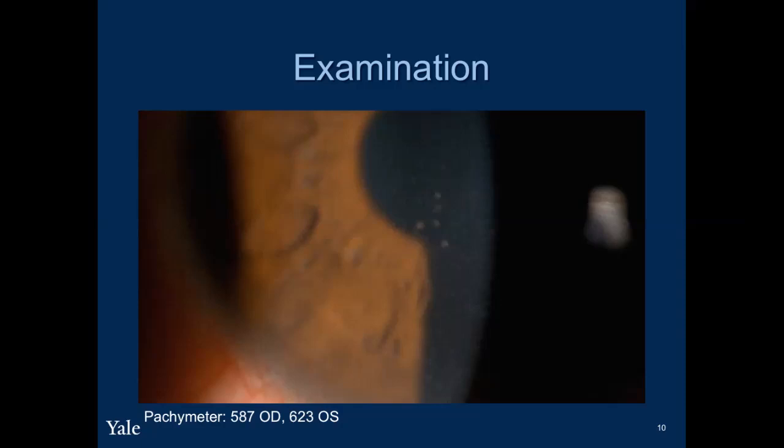This is a close-up slit lamp photo of his left eye, which shows these small, fine, grayish-white, non-granulomatous KPs concentrated along the inferior cornea. And of note, he did have very slight corneal edema in the left eye. Pachymetry showed his thickness was around 590 in the right and 620 on the left, which could explain his decreased visual acuity from 20/20 to 20/25.